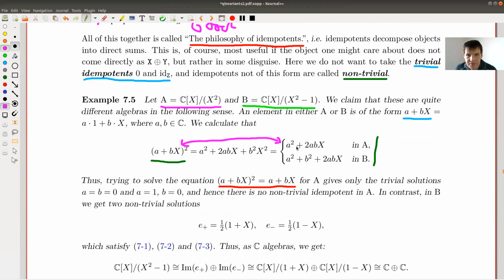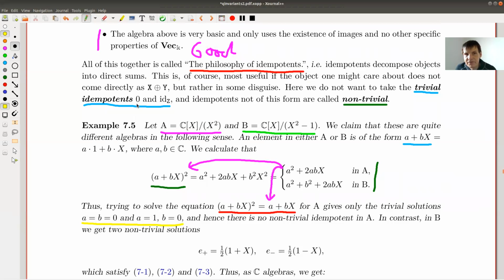In A, you want this to be satisfied, right? Or rather, this one, of course. So we do it this way. This thing here should be this one because this thing by definition is this one. And you try to solve that and you find, oh, I only have the trivial solutions. The trivial solution means you only find two idempotents, zero and the identity. And this already tells you that the thing is indecomposable. These are the only idempotents you find.